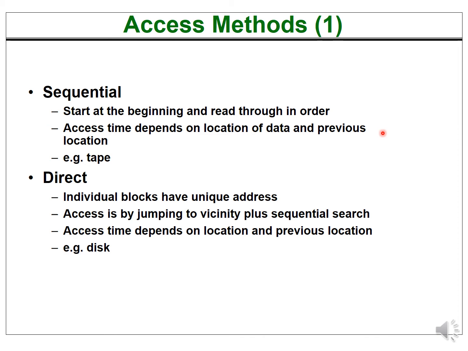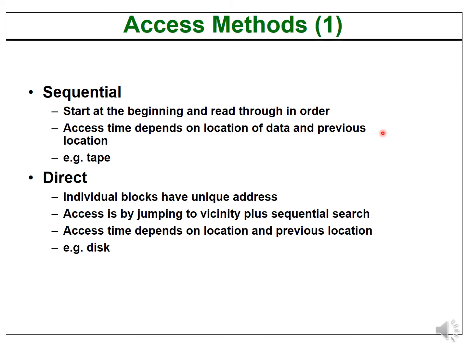Next, we have the direct access devices. Now, in case of direct access devices, the storage or the memory is divided into individual blocks which have unique addresses, right? Let us take the example of a hard disk. If you know, the hard disk has a number of surfaces. Now all those surfaces are divided into tracks and sectors. While reading a particular location, each and every surface of the hard disk has its own specific head. Now that head can be directly moved onto a particular track.